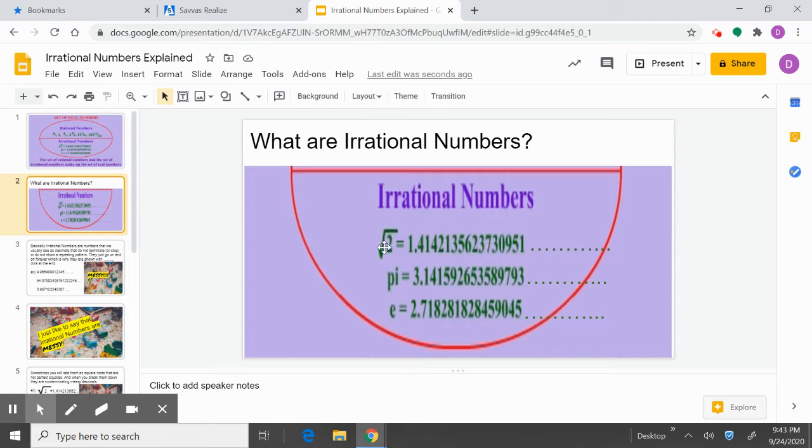Although I need to explain a little more, just to leave this like this and say these are irrational numbers wouldn't be a very good explanation. But I do want you to notice that in all the examples, no matter whether it's square root of 2, pi, or e equals, you have decimals. And the decimals are all followed by these dots. Those dots indicate that the decimals go on forever. I also want you to notice that in these decimal examples, there is no consistent pattern. The numbers just seem random. So there's no consistent pattern and they continue forever. And that's really what irrational numbers are.